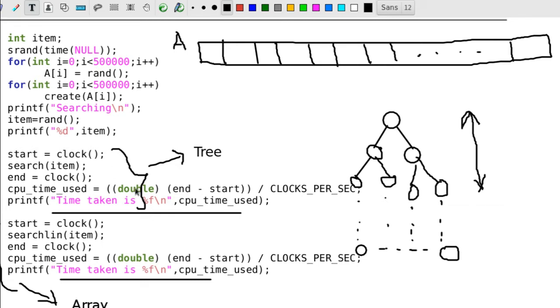The index starts from 0, 1, 2, 3, 4, 5, 6, 7, 8, 9, 10, so somewhere A of 10, that is the 11th element, and that element will be somewhere in this tree. So we will be running this.